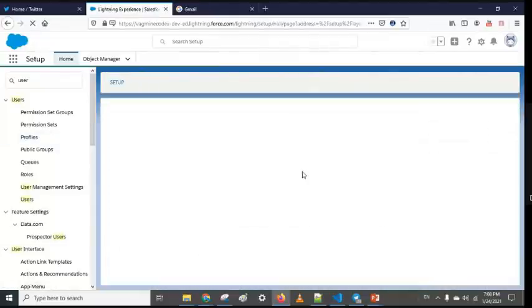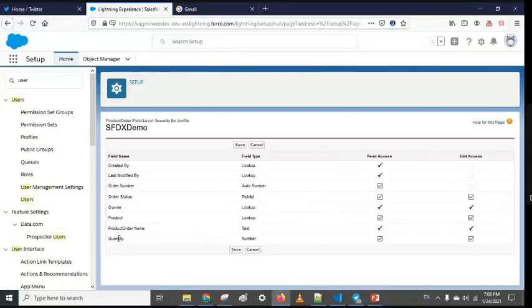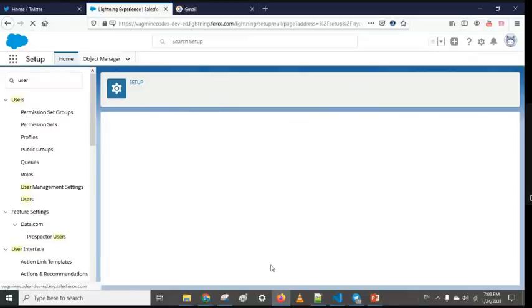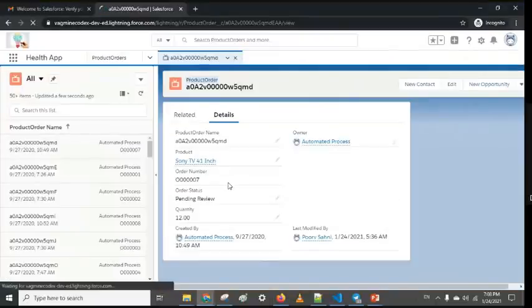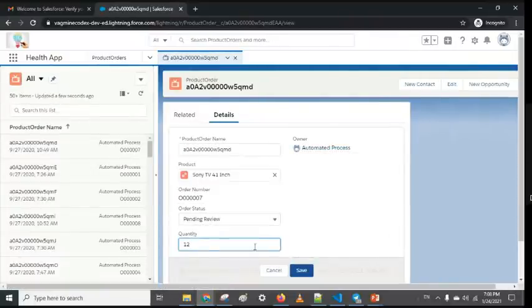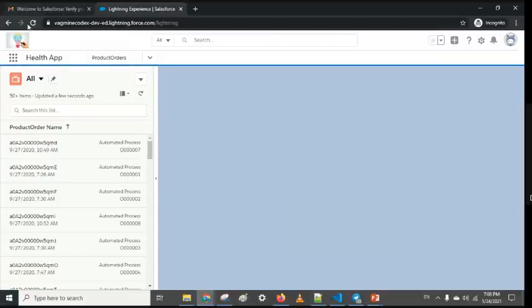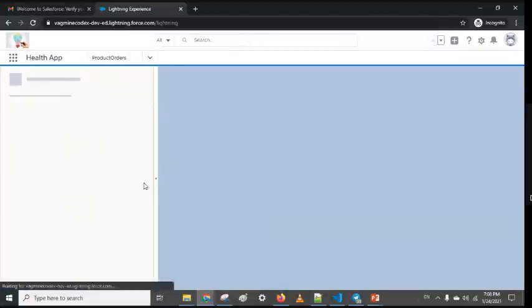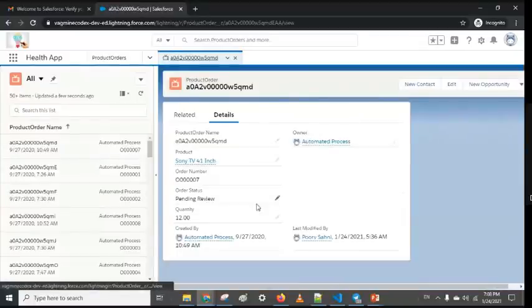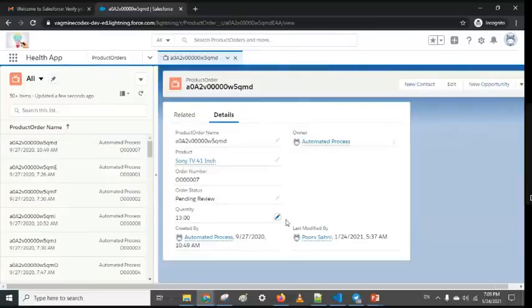We go into the product order, edit it, and for the quantity field, let me just remove the edit access, save it, and let's try to edit the same record. It's changing sometime. Not of use.